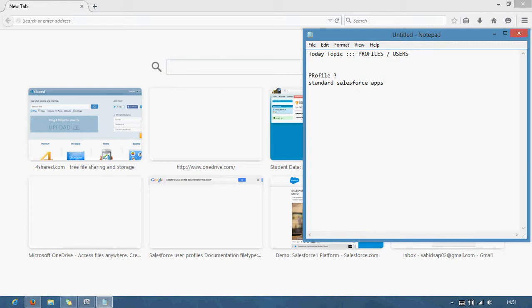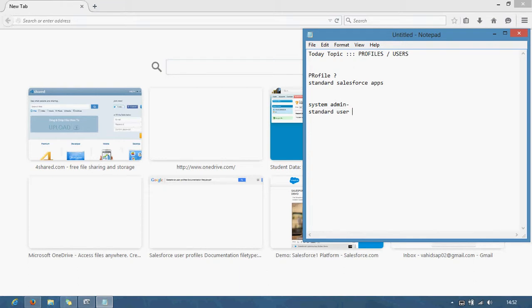The most important profiles: System Administrator can configure and customize the application.